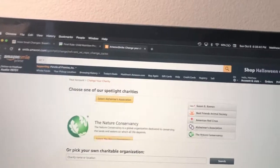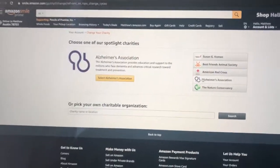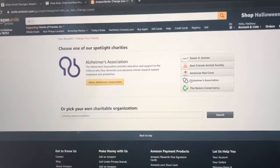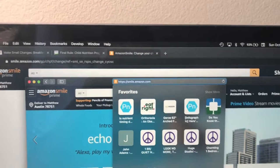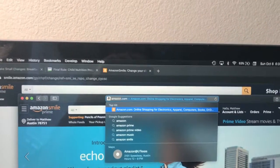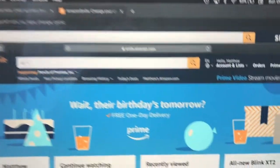then so many things. We all know people who are affected by breast cancer or Alzheimer's, or have someone in our family affected by those two alone. So many people, and so it's really cool because if you shop online a lot, and I definitely shop online a lot, I use Amazon all the time, but if you accidentally forget to put that little smile in the front when you're doing your Amazon shopping, you can download that extension, and then when you think, oh, I need such and such, I'm gonna get on Amazon, it automatically redirects you to the Smile Prime. So it's really quick and easy to download, super efficient, super easy to use,